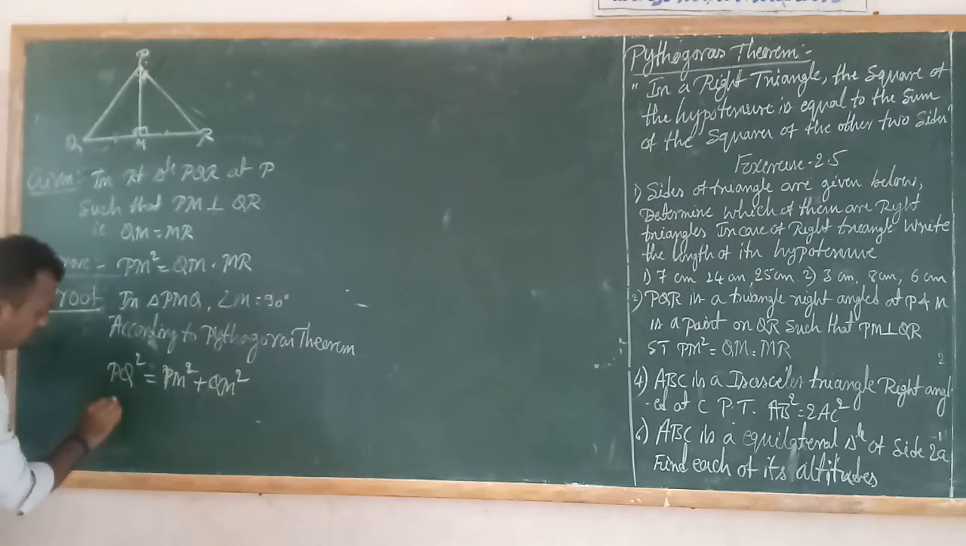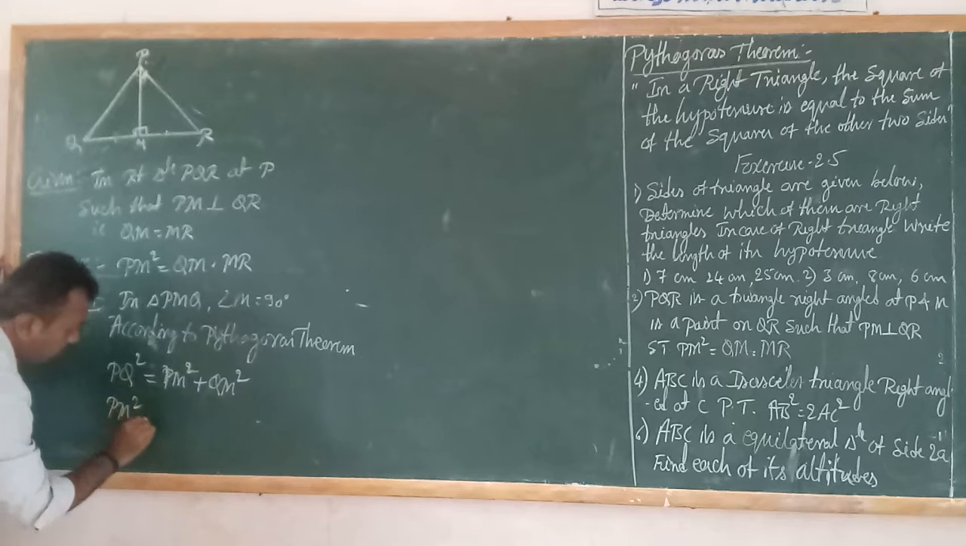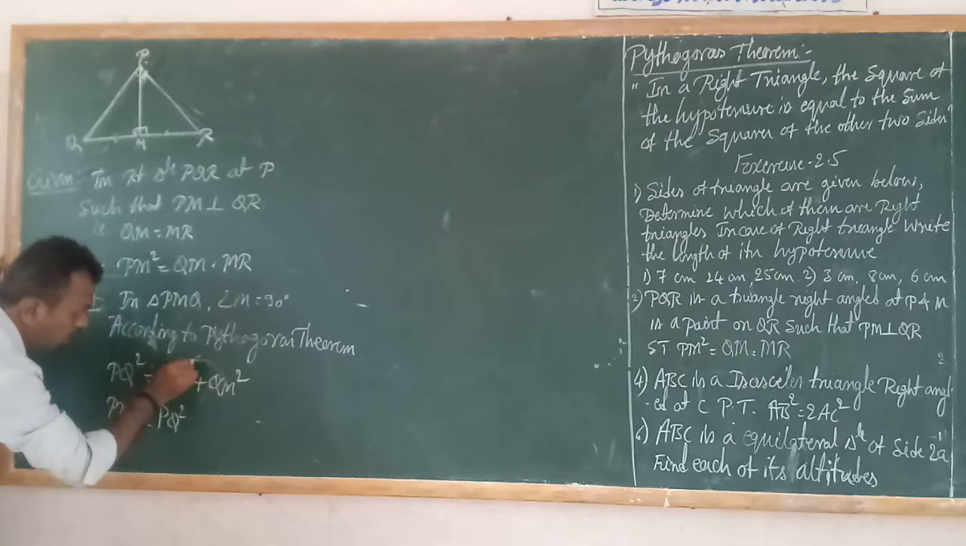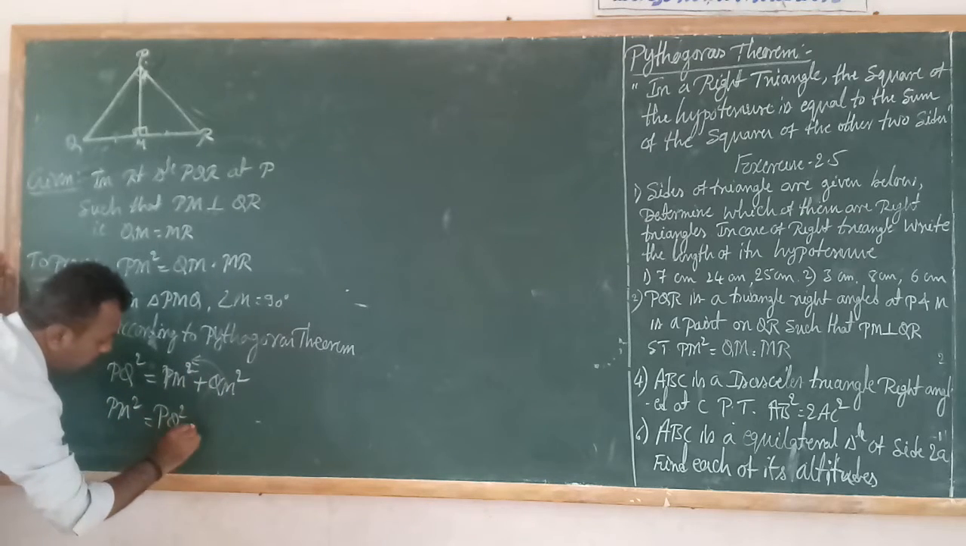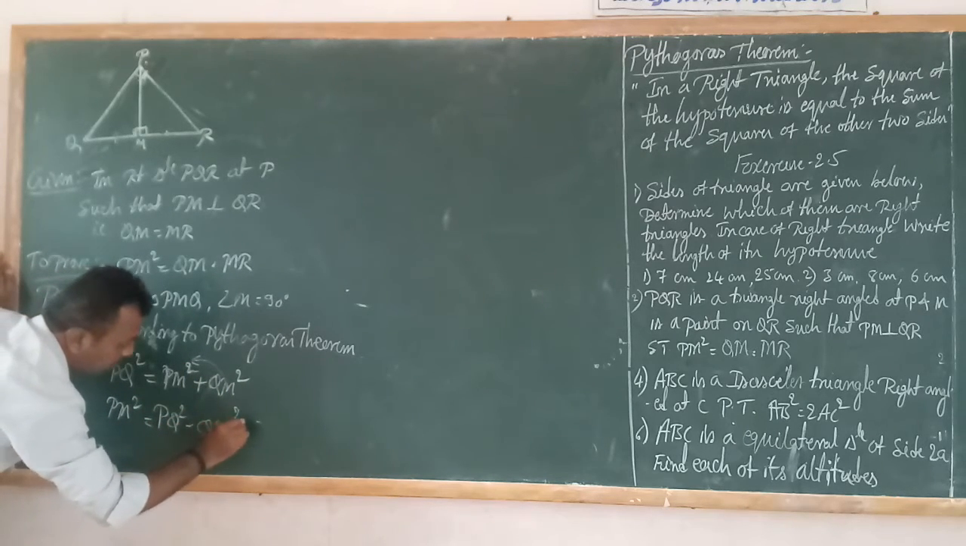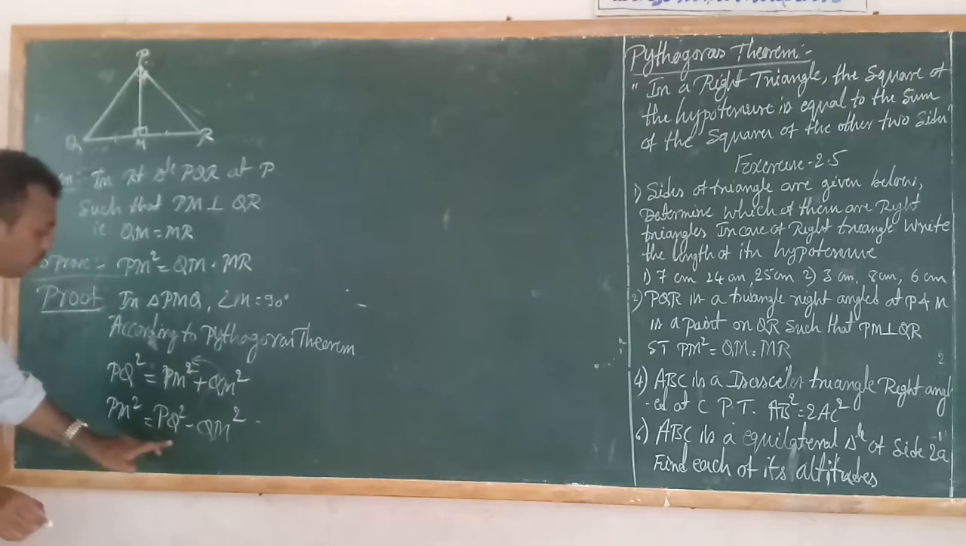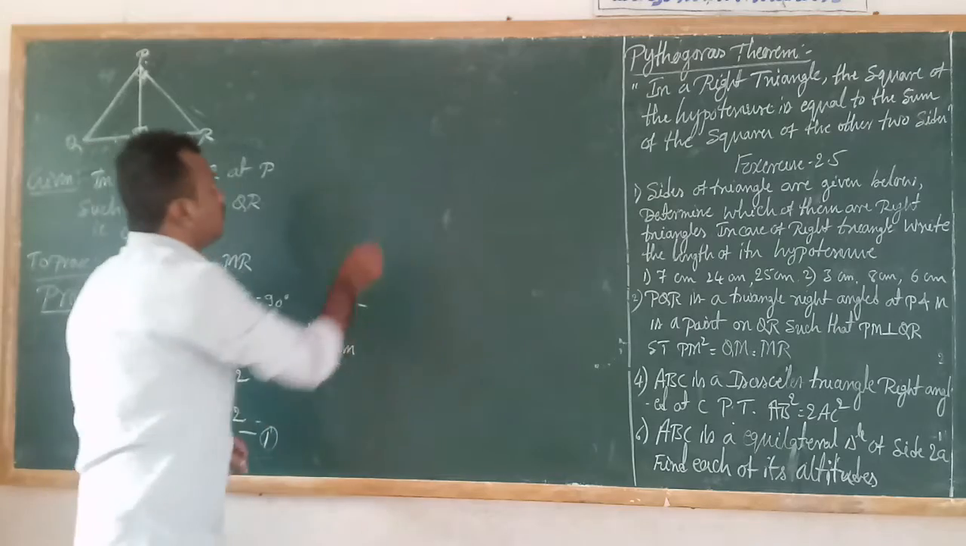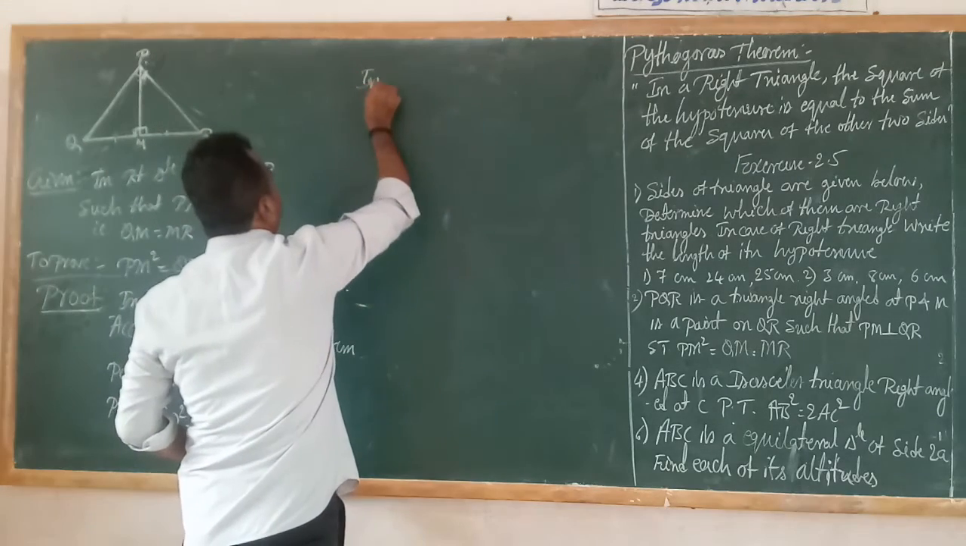Now I will take PM square. PM square is equal to PQ square. Sending QM square to the other side, it becomes minus QM square. So PM square is equal to PQ square minus QM square, equation number 1. Now I will consider the next triangle,